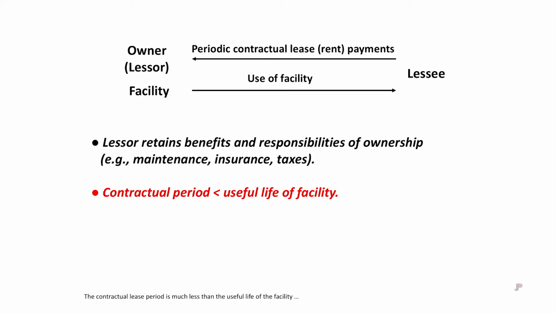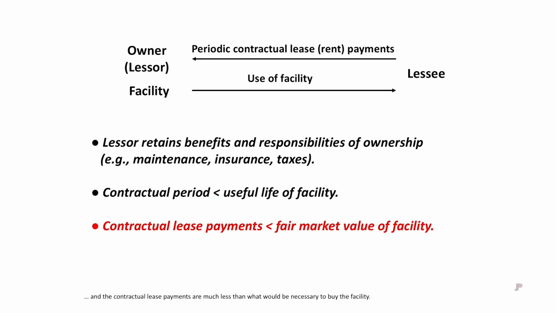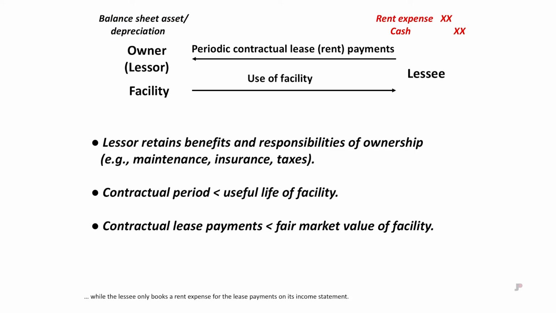The contractual lease period is much less than the useful life of the facility, and the contractual lease payments are much less than what would be necessary to buy the facility. In these cases, the owner, lessor, reports the facility on its balance sheet and depreciates it, booking depreciation expense on its income statement, while the lessee only books a rent expense each time a lease payment is made on its